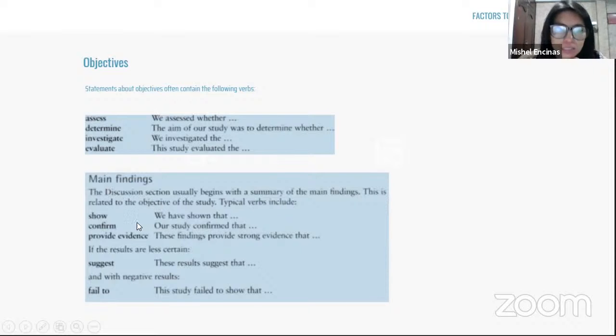Then the main findings. The discussion section usually begins with a summary of the main findings. This is related to the objective of the study. Typical verbs include, for example, "show." We have shown that, and you explain what you found and what this investigation shows. "Confirm": our study confirmed that, and you explain what is the confirmation. "Provide evidence": these findings provide strong evidence that,